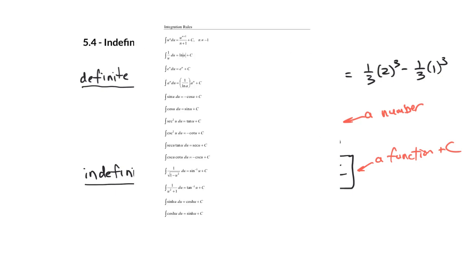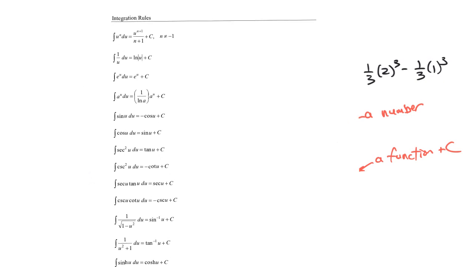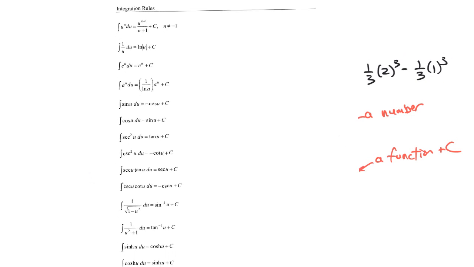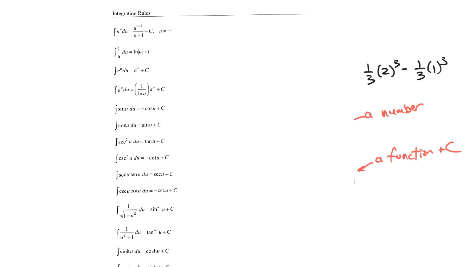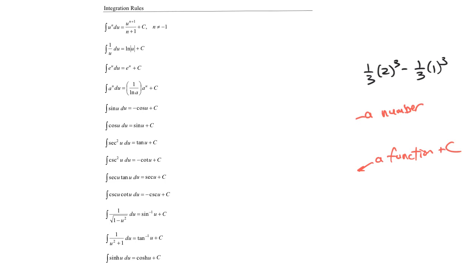And speaking of integrals, here are some rules, and this is a handout that hopefully you have. I typically pass it out in class, but we emailed it to you guys. So these are the rules that you're going to be expected to know when we're in Calc 2. Most of them we've been using all along, right? This is the power rule, and the independent variable here is u instead of x, which may be a little strange looking, but